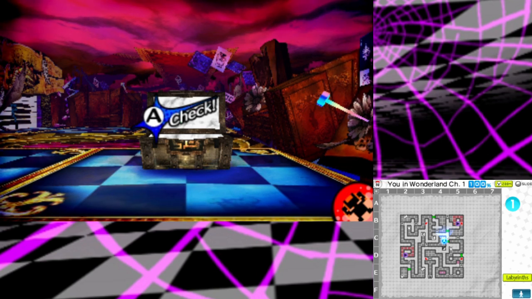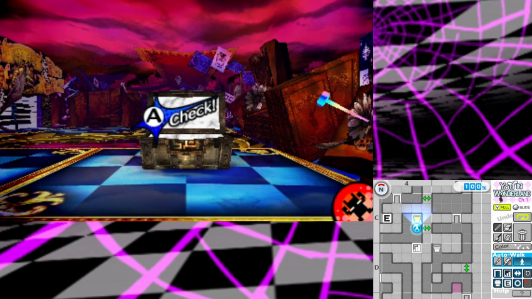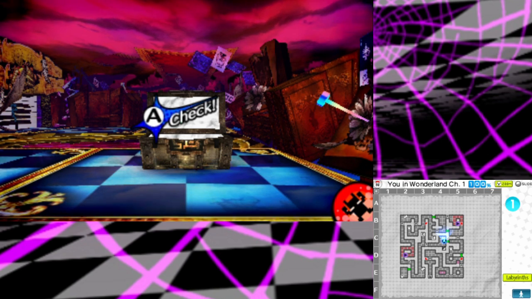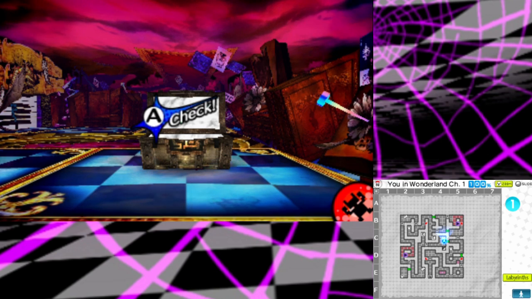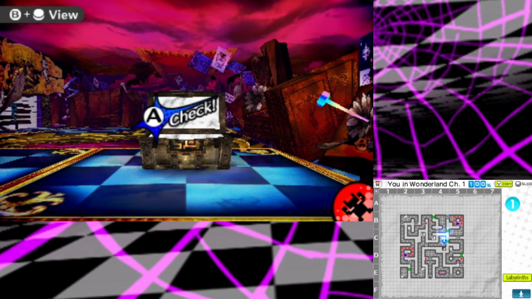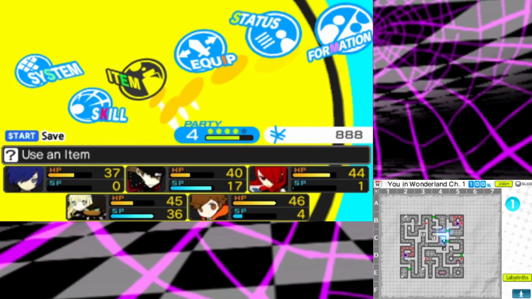I like to mark the 100% map chest in gold. Haven't filled in these walls. Again, I won't bore you with this normally, but okay, there we go. This is the full map for Persona 3 in Wonderland 4.1, or Chapter 1 as it's called. So with that, we're actually going to go ahead...